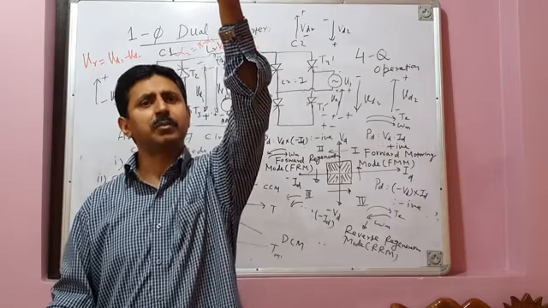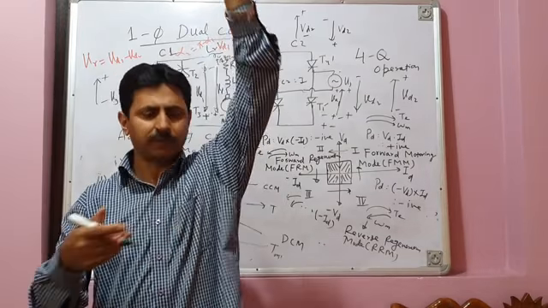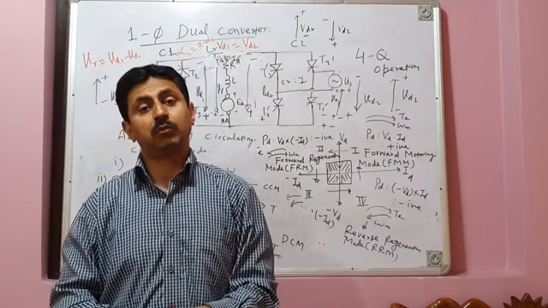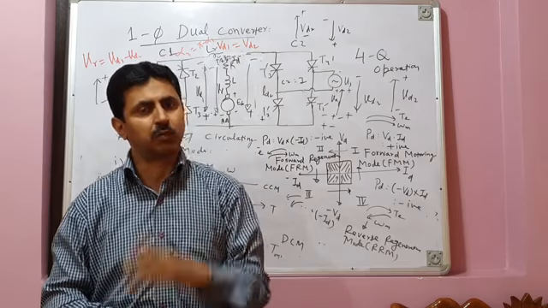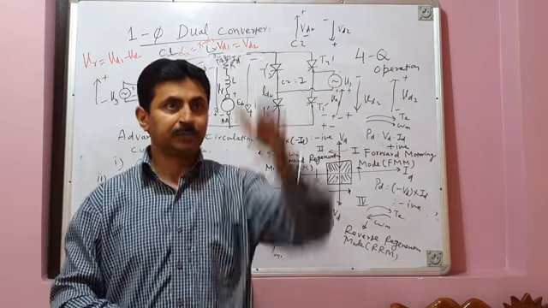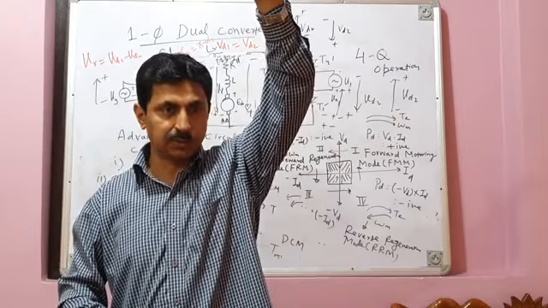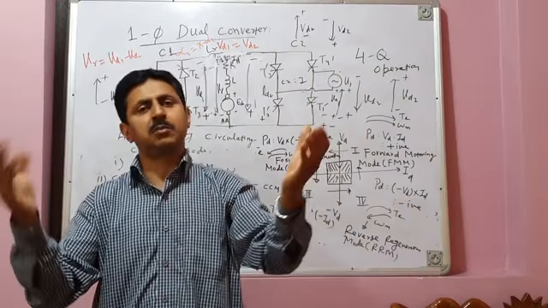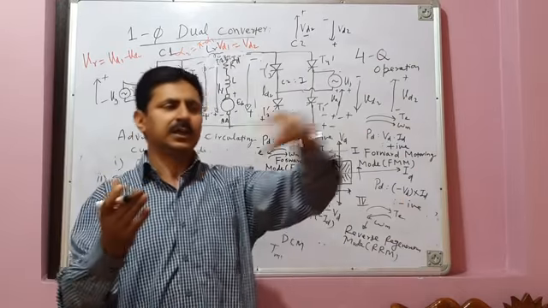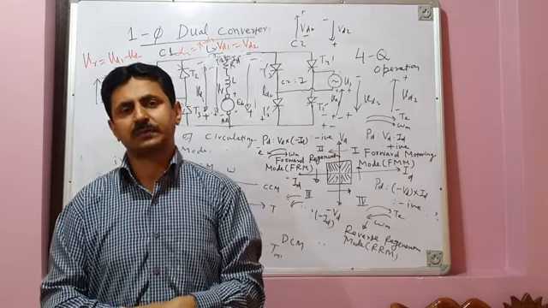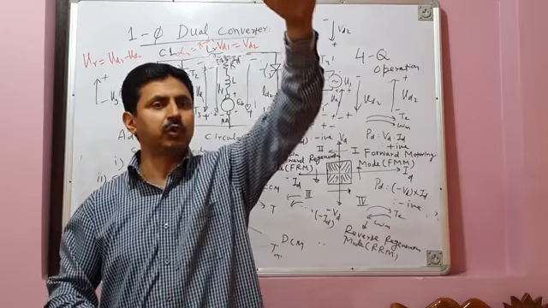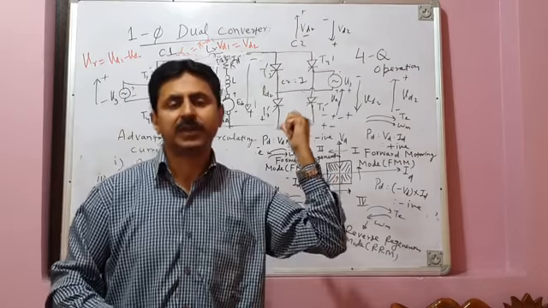When the hoist goes up, the machine operates in the motoring mode. When the hoist comes down, the machine operates in the generating mode or regeneration mode. And in the regeneration mode, when the hoist comes down quickly, the machine again overspeeds, EB becomes greater than VT, and energy is supplied back to the source. And braking torque is applied so that your hoist does not come down very quickly, it comes down slowly, and braking energy is not wasted.